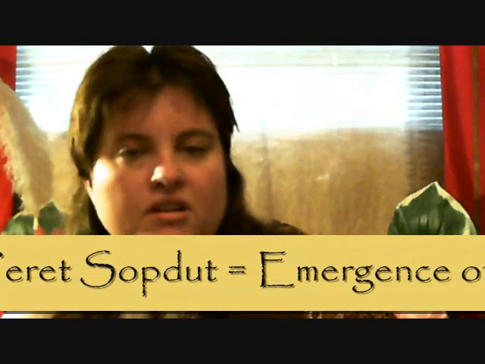One possibility, and this would be drawing from things the Egyptians themselves did, is pick a point to start the calendar, but then have an observance for Peret Sopdut, which is the emergence of Sirius, and treat those as separate events. Another thing would be to say, all right, we're going to use July 25th as our start date because